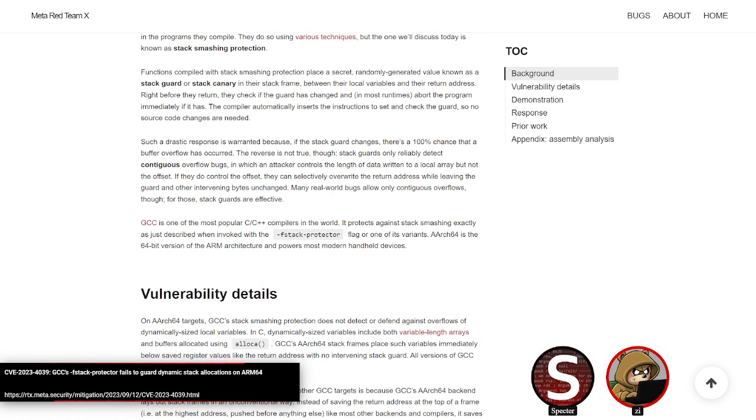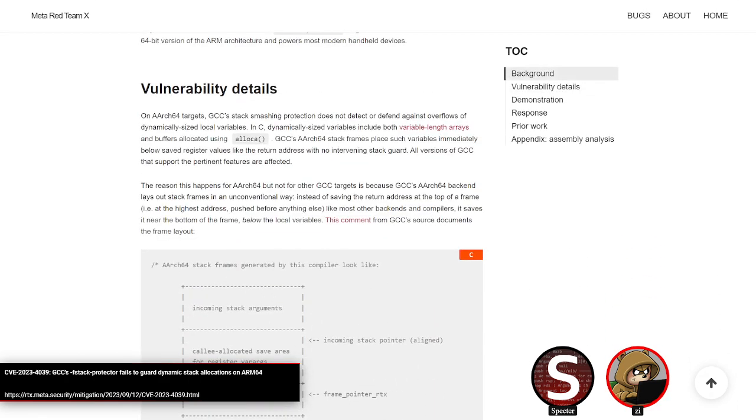And yeah, it's a fundamental problem with the fstack-protector flag on ARM64. The way the stack protector generally works, or the high level idea of it, is that it'll add a canary onto the stack.